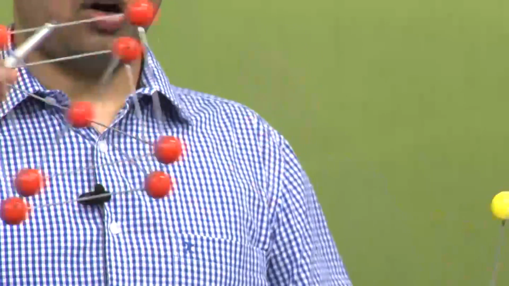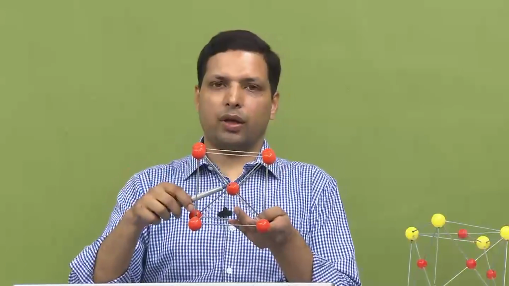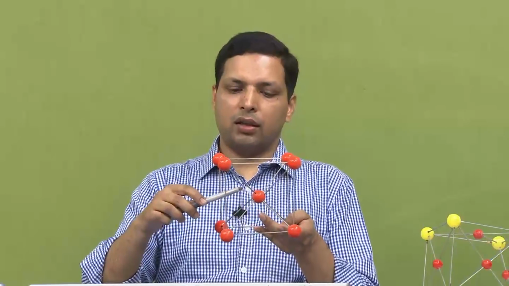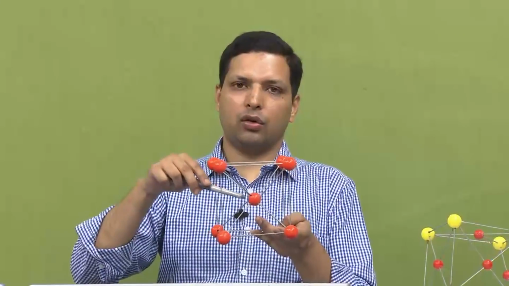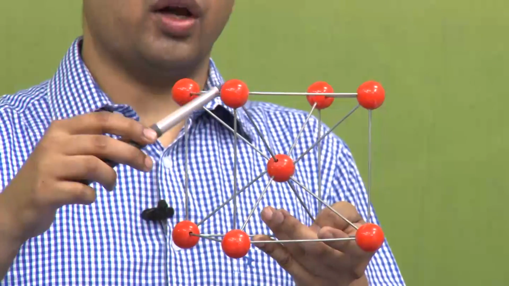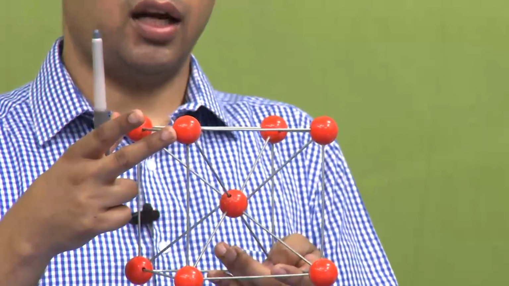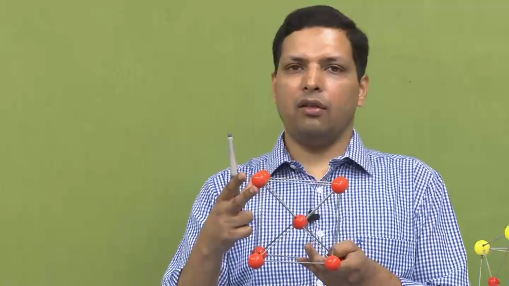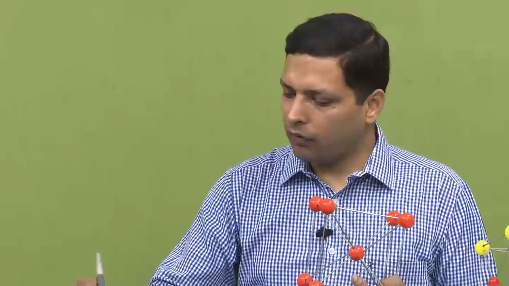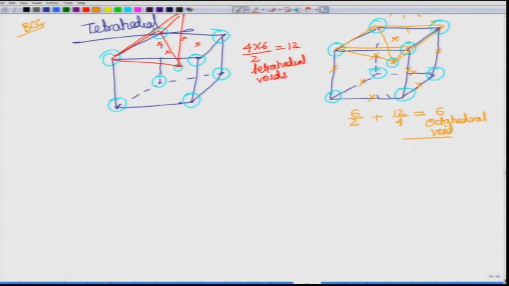But now, let us look at the octahedral void in BCC. The length from this atom to this atom, how much is this equal to? This is equal to root 3 by 2, and this one is equal to 1. So, the lengths between the different neighbors are different, and therefore, this octahedral void is in fact distorted. The voids that we see over here in the BCC, you must remember, are distorted. This is a very important aspect that will help us understand the solubility of carbon in two different phases. Octahedral voids here are distorted.